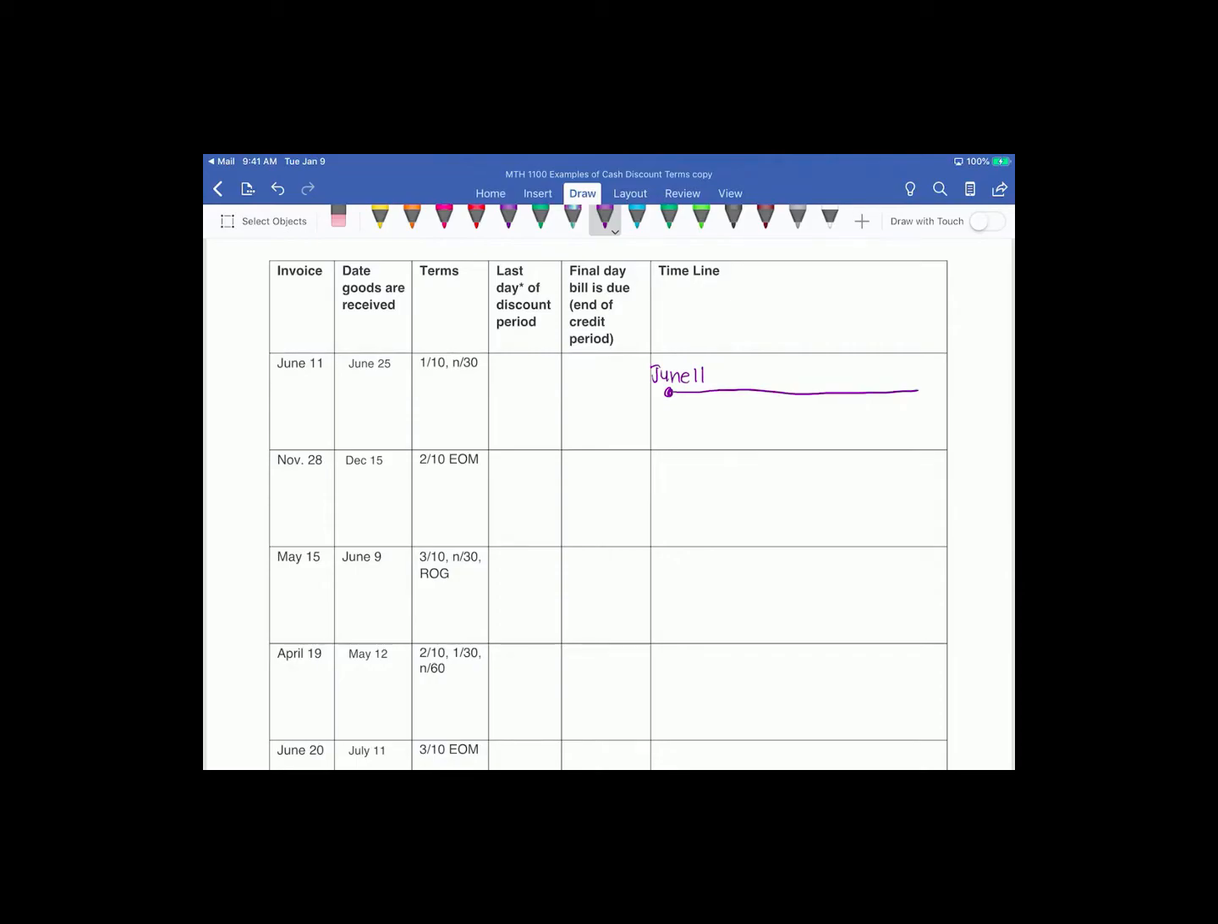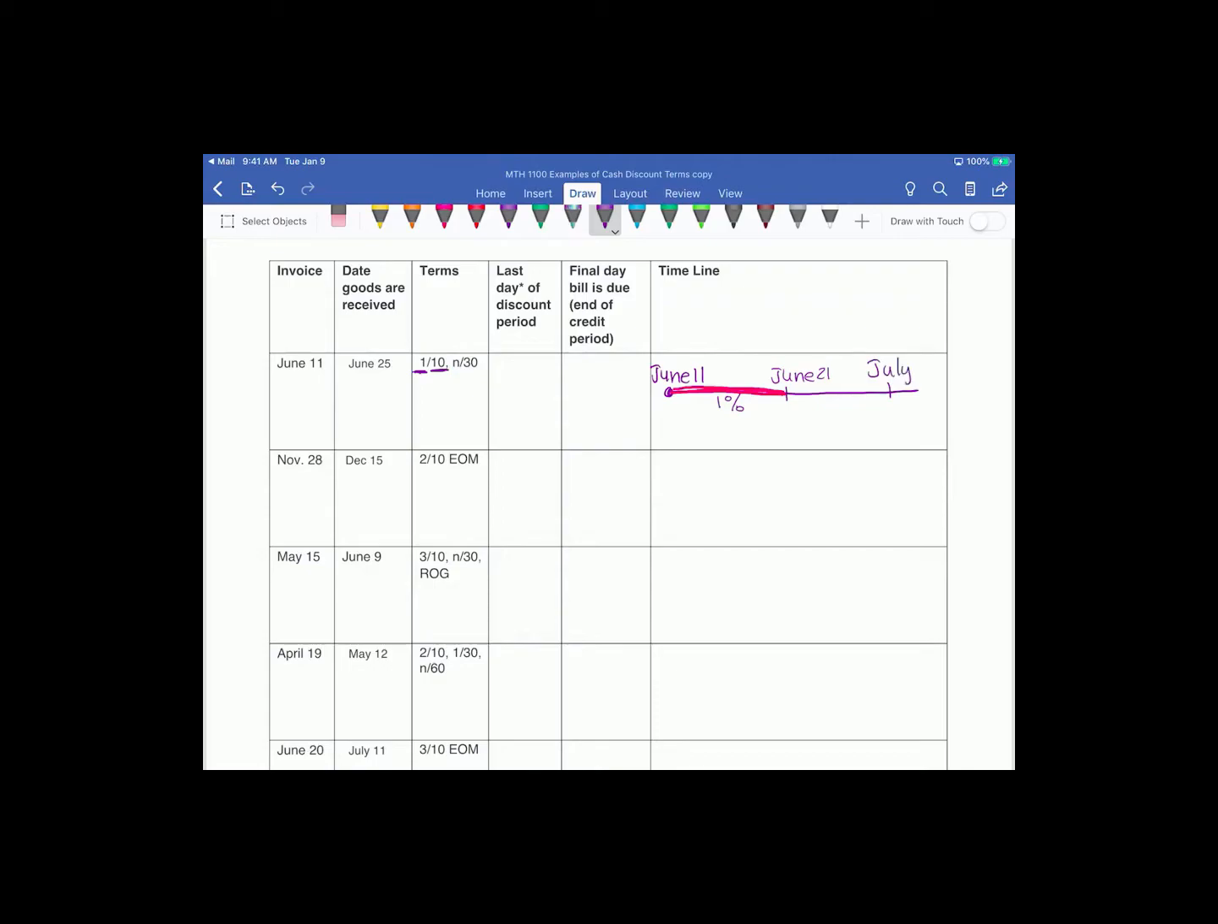And I'm getting that information from here, where I just underline. I have a 1% discount if I pay within 10 days of the invoice date. So 10 days from the invoice date would be June 21st. So that would give me a 1% discount if I pay between June 11th and June 21st. I have to pay in full within 30 days of the invoice date. So 30 days from the invoice date, June 11th, would be